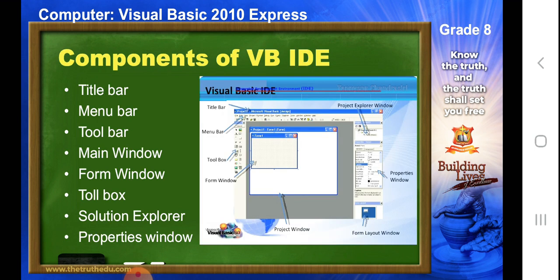So we also learned about the components of Visual Basic, students, if you remember, where we first discussed the title bar. So let's do a quick recap, because this is very important and most of the components we are already familiar with because we have been using them in Word, Excel, PowerPoint, Access, every other app. But there are slight things which we have not used before, so those things we are going to focus on a little more.